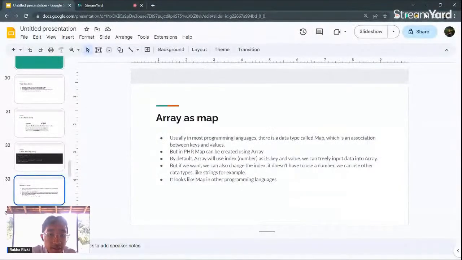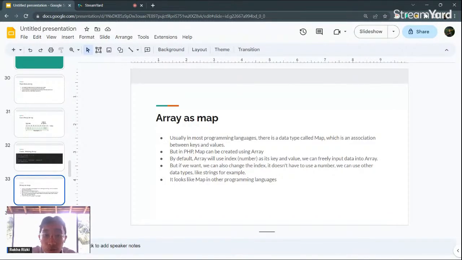Okay, and then an array can also work as a map. Usually, in most programming languages, there is a data type called map, which is an association between keys and values. In PHP, a map can be created using an array. By default, an array uses an index number as the key, and then we can freely input data into the array.